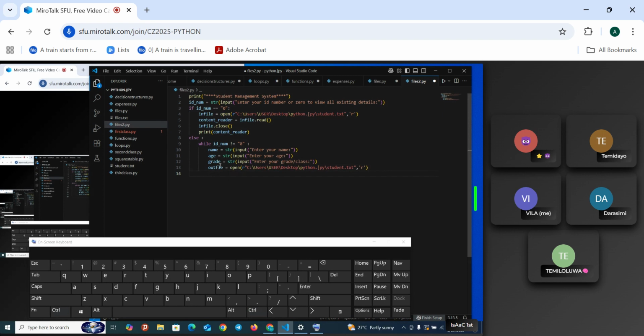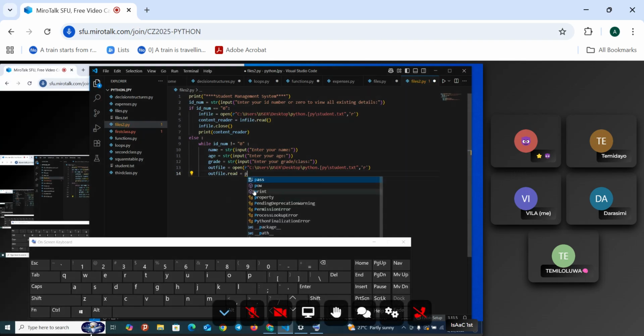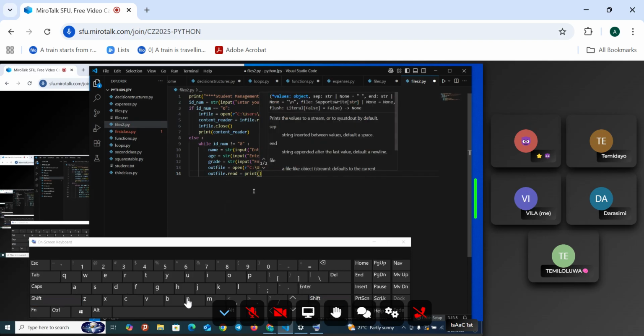And then our out file dot read, because we are reading it. Then we print